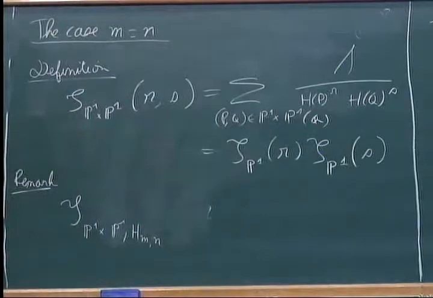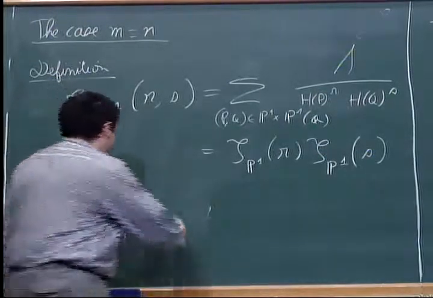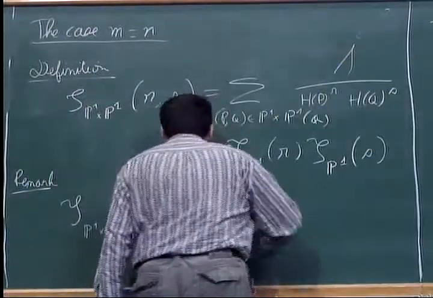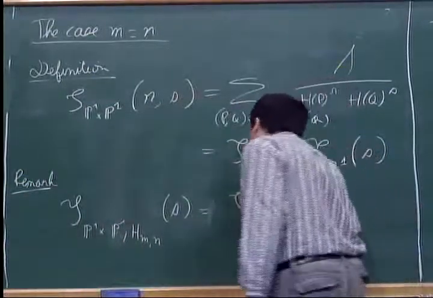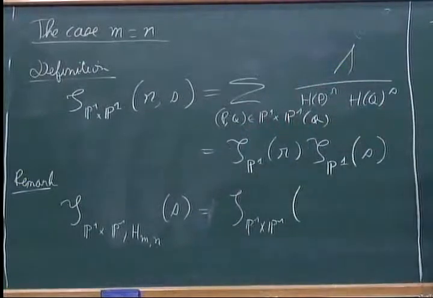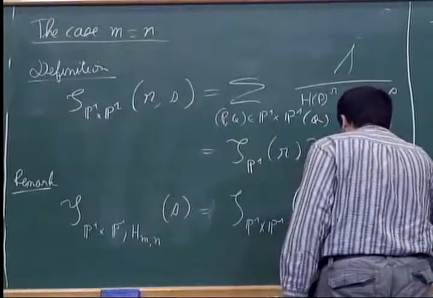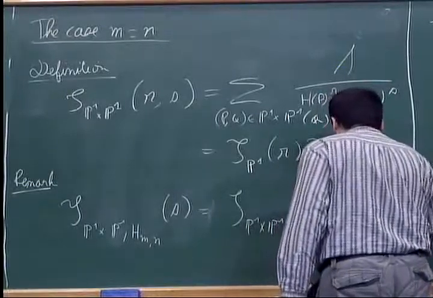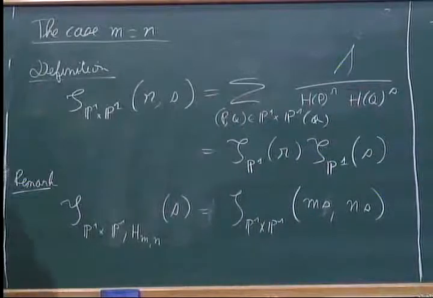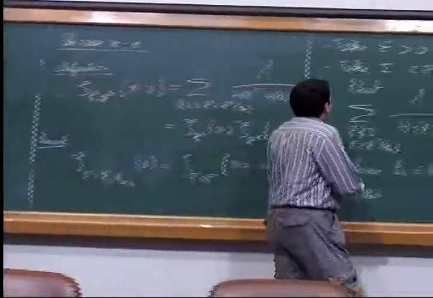If I want to look at the height zeta function corresponding to the height hmn, so this is in one variable s, then this is simply given by looking at this expression of the zeta function. So I look at the zeta function in two variables at ms and ns. So in particular,